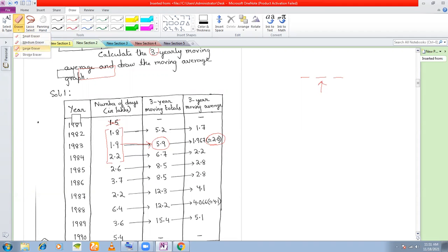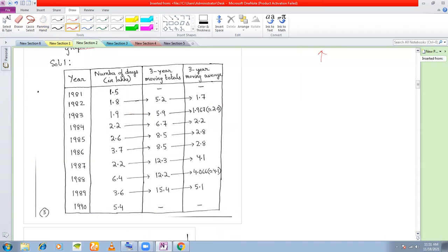Okay, look at the next value. What do I do with the next value? Exactly similarly, now I leave out these two values. Now I take the total of these three. This total I write in between, 6.7, and this is 6.7 divided by 3 because we are talking about 3 years. And we proceed similarly here till we cover the last three. The moving total of these three we get as 15.4. And what is this equal to? 15.4 divided by 3.